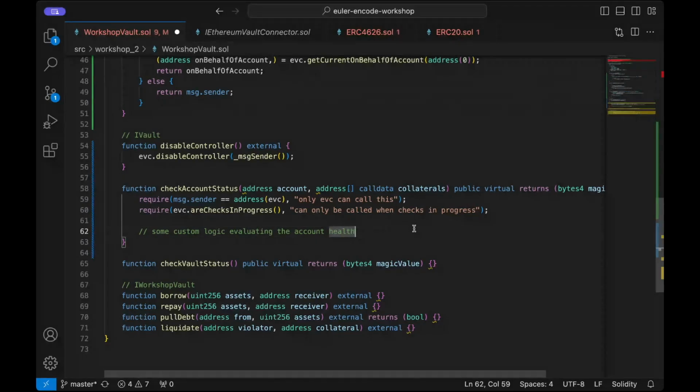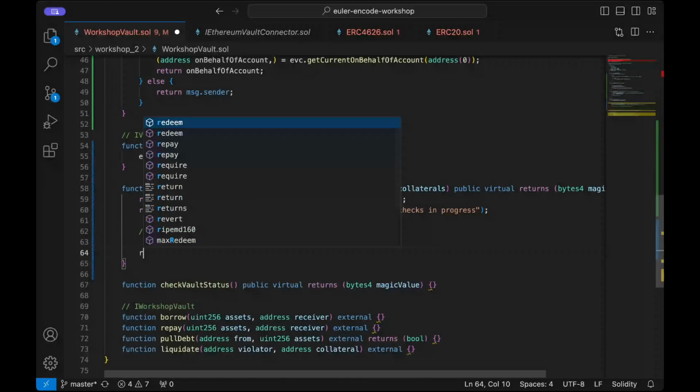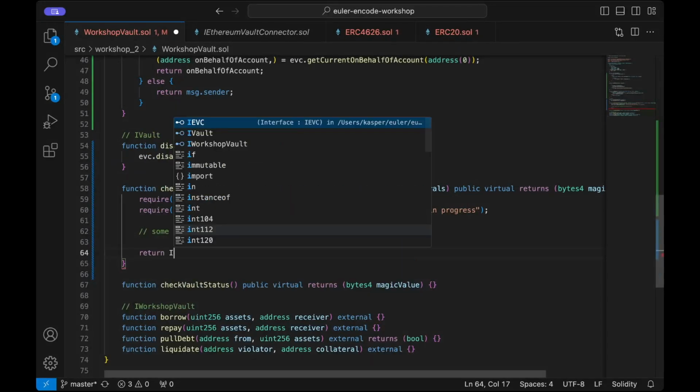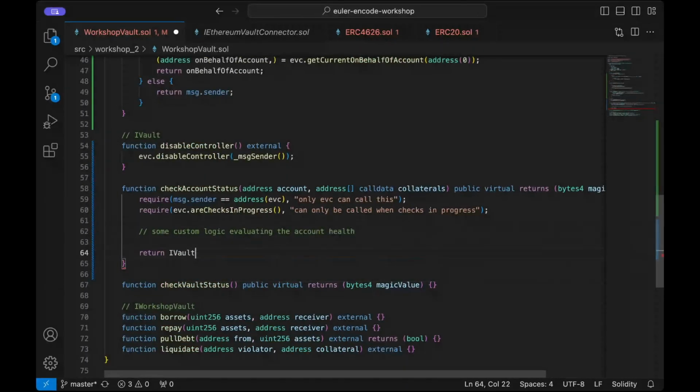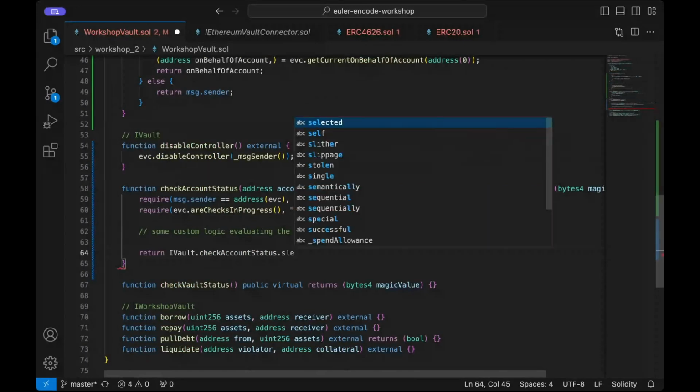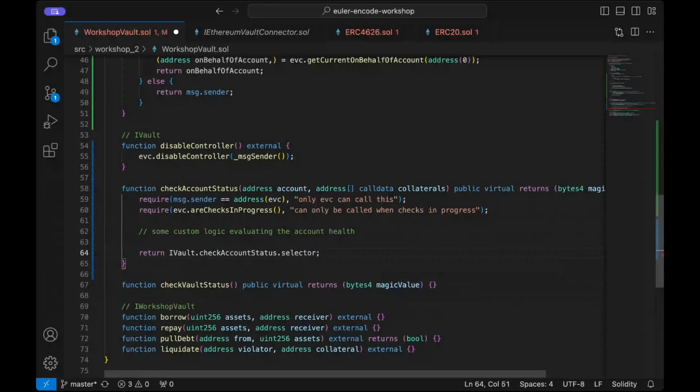If it's healthy, you simply return the magic value that is required by the EVC, and it's the selector of this function. If the account is not healthy, you simply revert. And